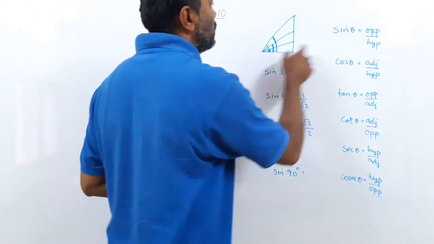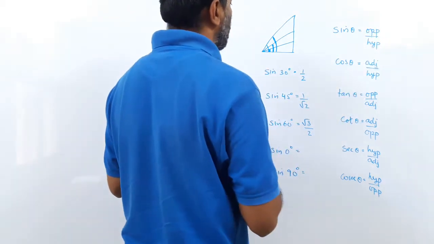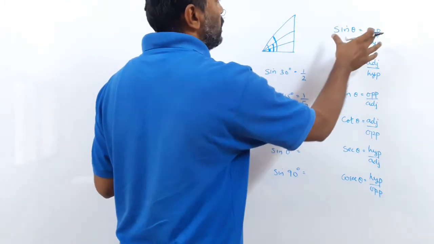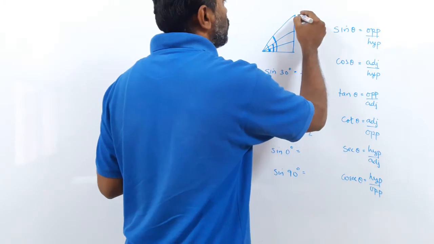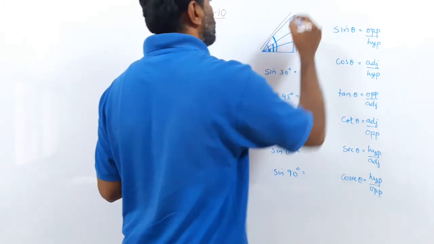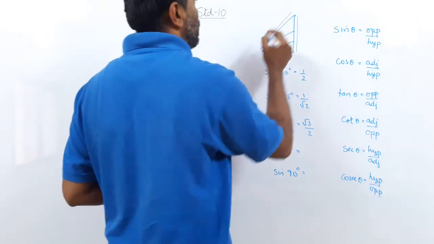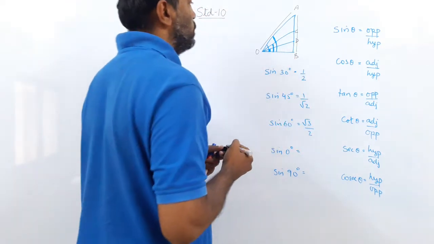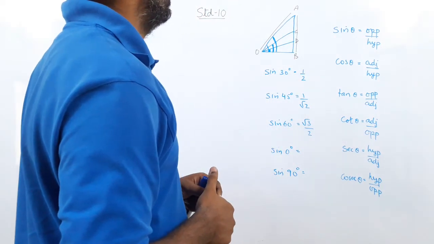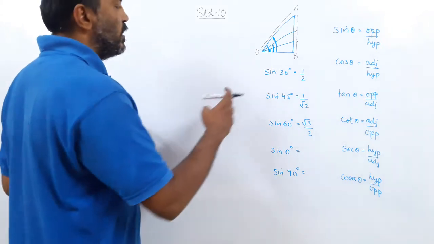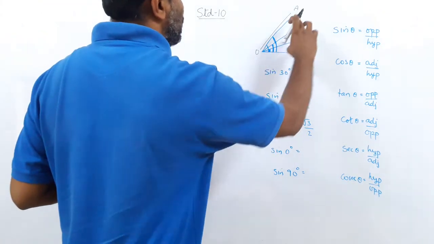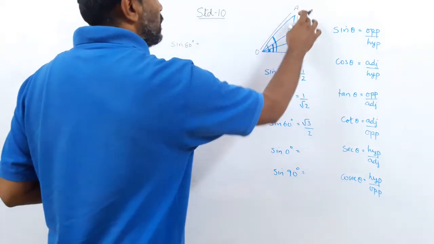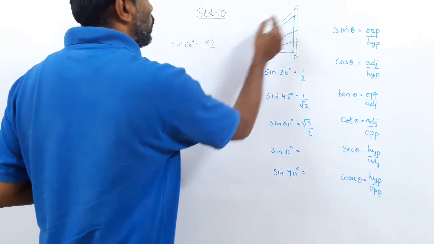Now what is the formula? What is the ratio of the sine, opposite upon hypotenuse? So let us begin with 60. So this big angle is 60 degree. So what is sine, opposite upon hypotenuse? This is the opposite and this is the hypotenuse. Clear? Let me write here. Let us write the names, say A, O, B, C and D. So when I take the angle 60 degree, what is the opposite side? So sine 60 degree I can say is AB upon OA.